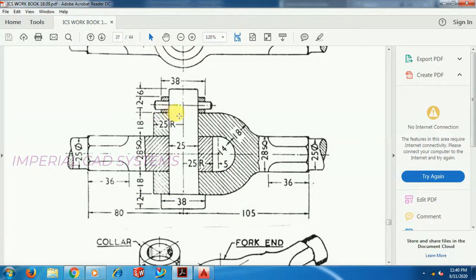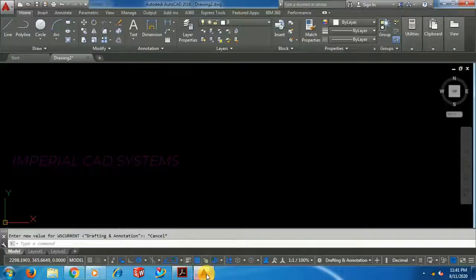So first take this shape. In this case, see this inner radius is 14 radius at this center, and outer radius is 14 plus 18 radius. So first take two circles.